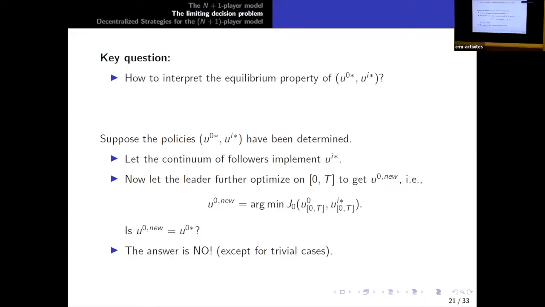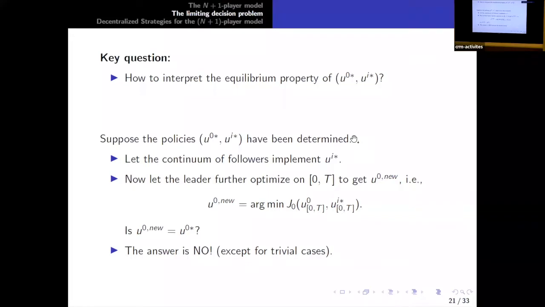But the specification of the resulting equilibrium is somehow missing. Okay, there is a good reason, because the right way to do that using t-selves is a quite recent thing. Okay, now suppose the policies have been determined by solving the two Riccati equations.